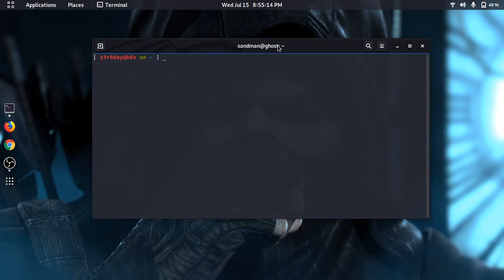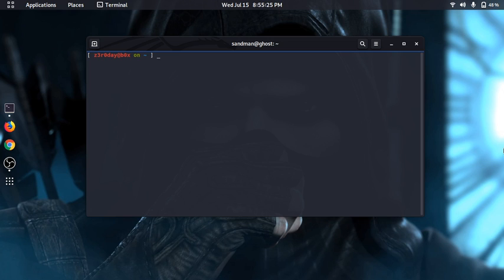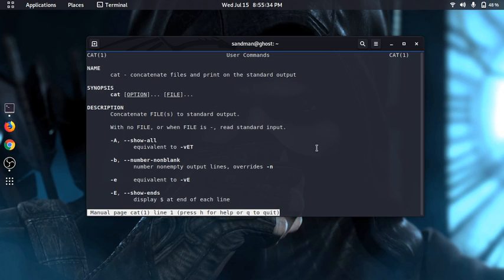For example, we can even look for man cat or man cd, and it will show us the proper usage for these commands. The command is very simple to use. We can write man, then the second argument is the command that we are going to look for, man cat. So here is the command we are looking for. This one is coming from the sections. I'm going to discuss the sections later on. User commands section. Here is the command.